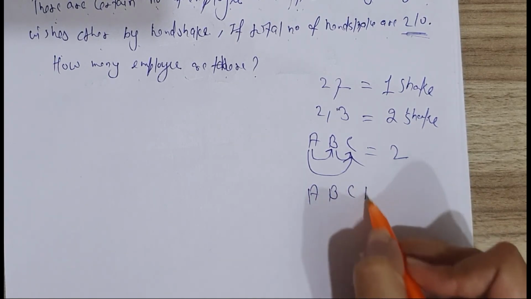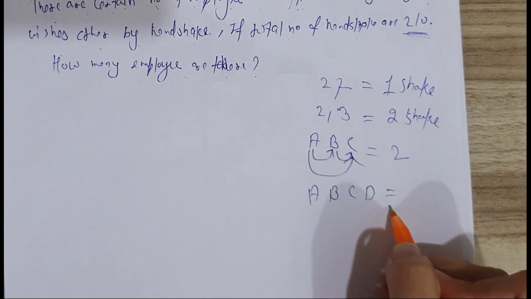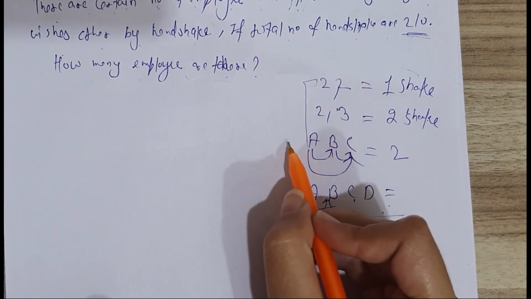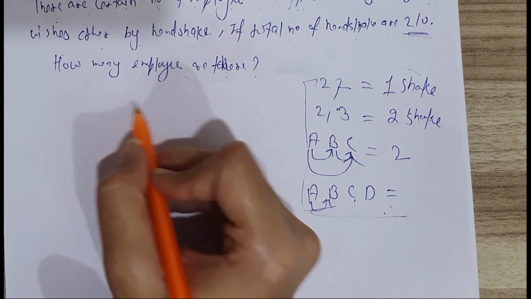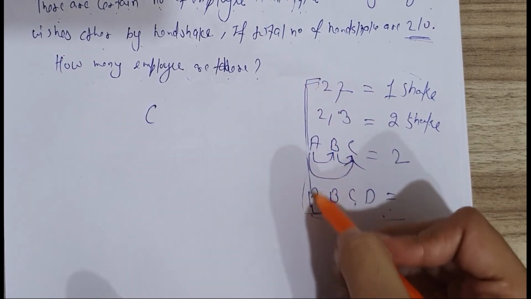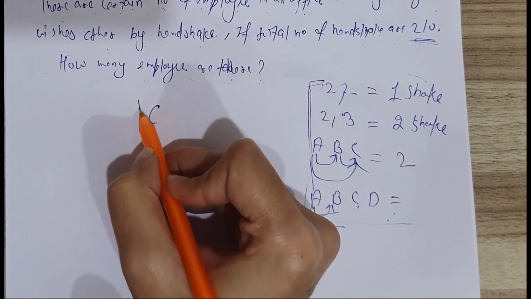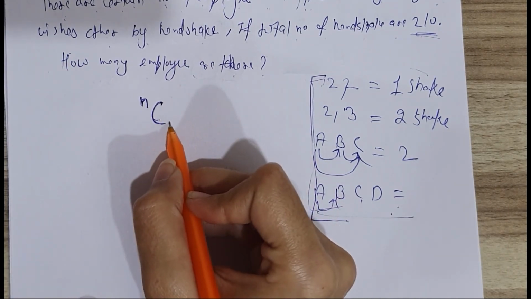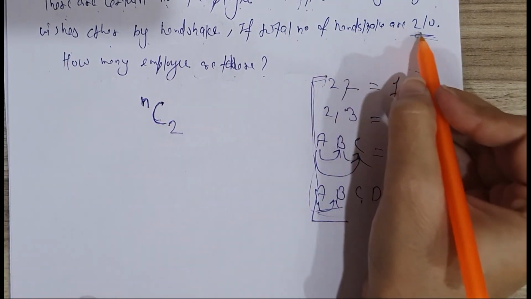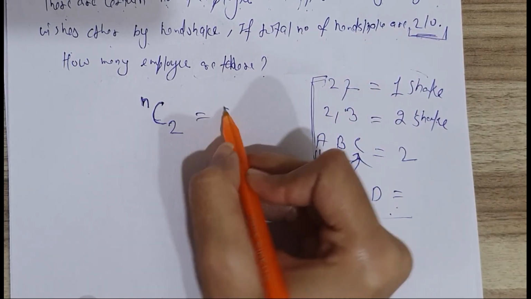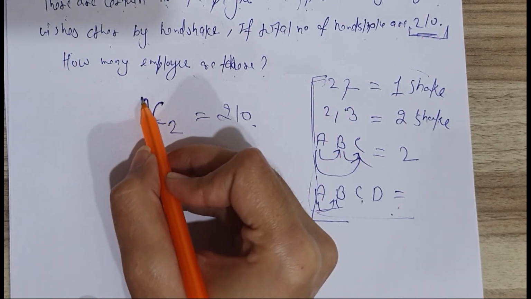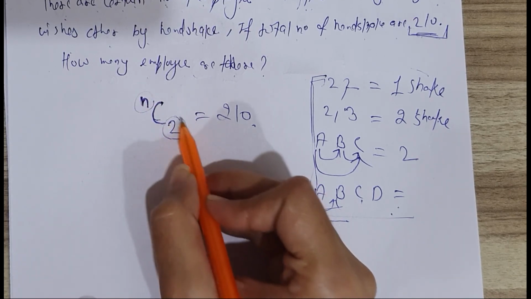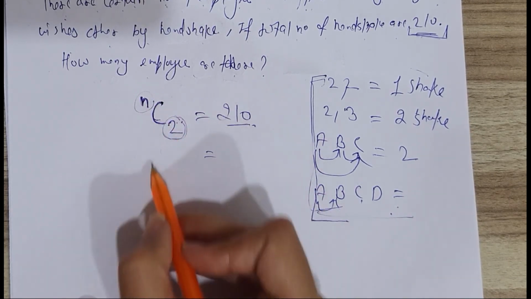Similarly, if 4 people are there, then number of handshakes will be. From here we get to know 2 persons make 1 handshake. So we have to find the number of persons. That is, the number of persons we have to find. So number of persons that make 1 handshake is 2. That is given, number of handshakes are given. Are you getting it? Total number of persons we have to find. We know that 2 persons make one handshake. Now solve it and you will get an answer.